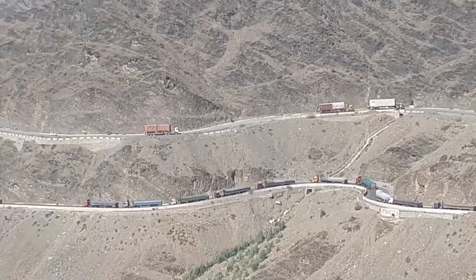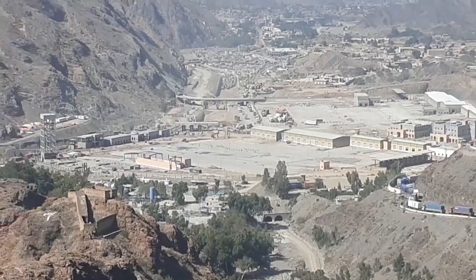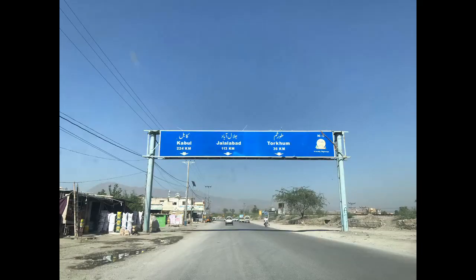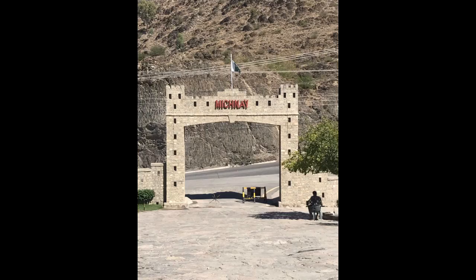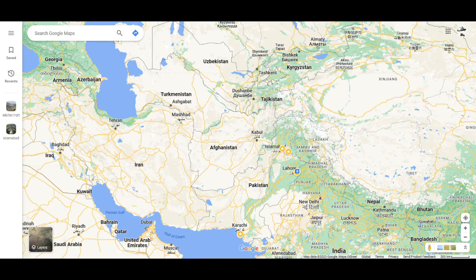So this was actually a fort in, you can say, the 19th century. Only in the 20th century, in the year 1913, was it built. In building this, just as I have shown the map, we have to see the historical perspective of it